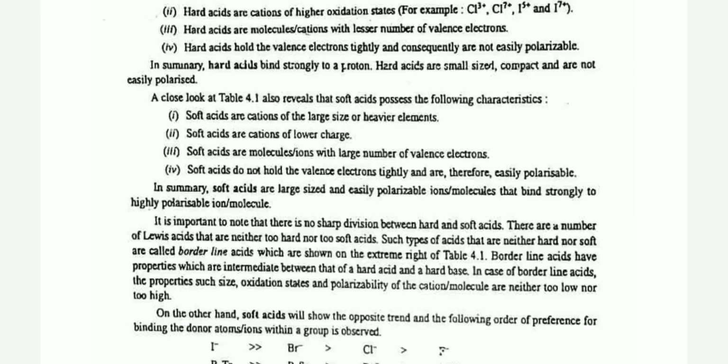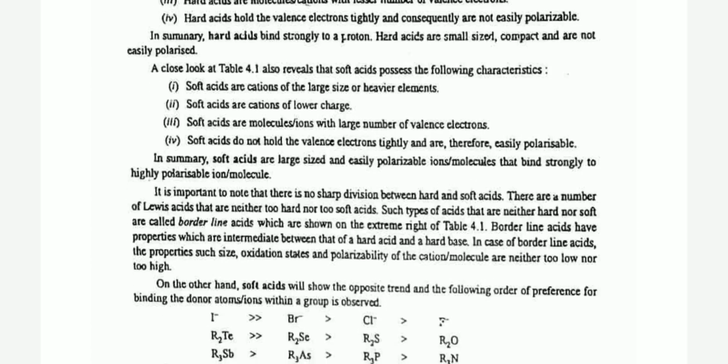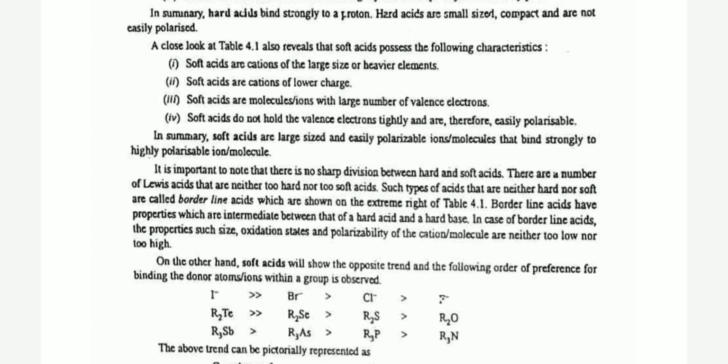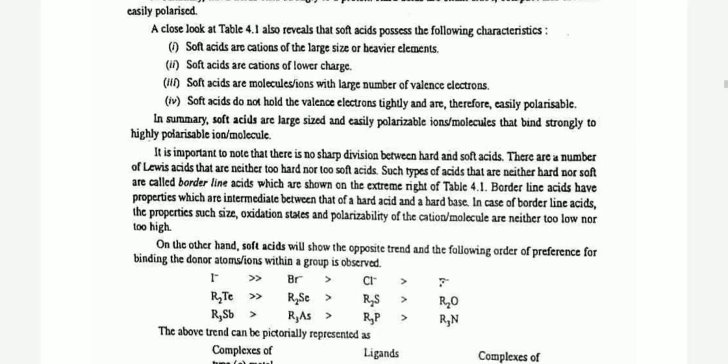First, soft acids are cations of larger size or heavier elements. Second, soft acids are cations of lower charge. Third, soft acids are molecules or ions with a large number of valence electrons. Fourth, soft acids do not hold the valence electrons tightly and are therefore easily polarizable. In summary, soft acids are large-sized and easily polarizable ions or molecules that bind strongly to a highly polarizable ion or